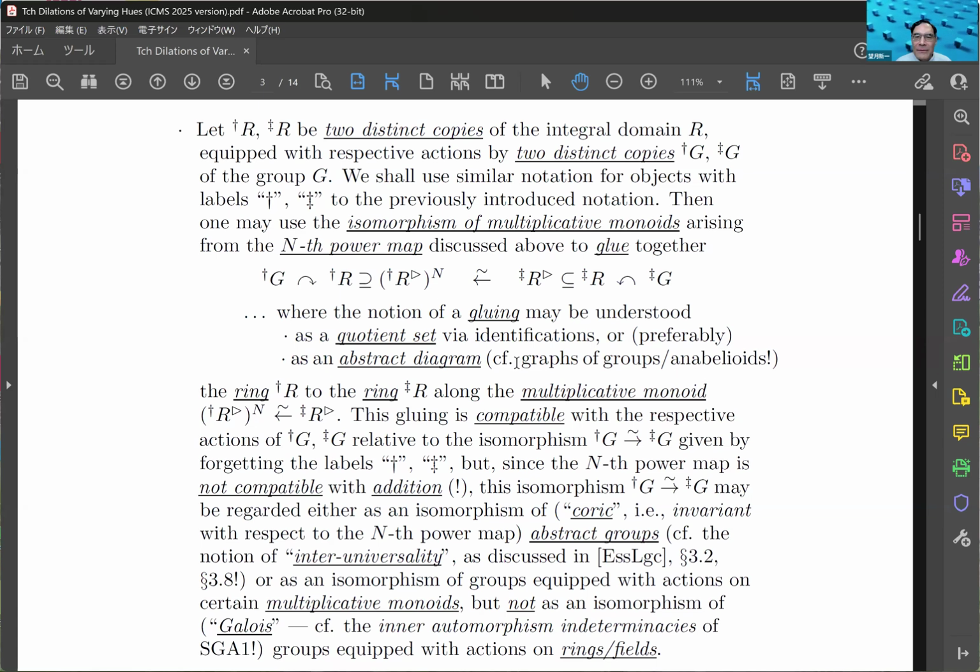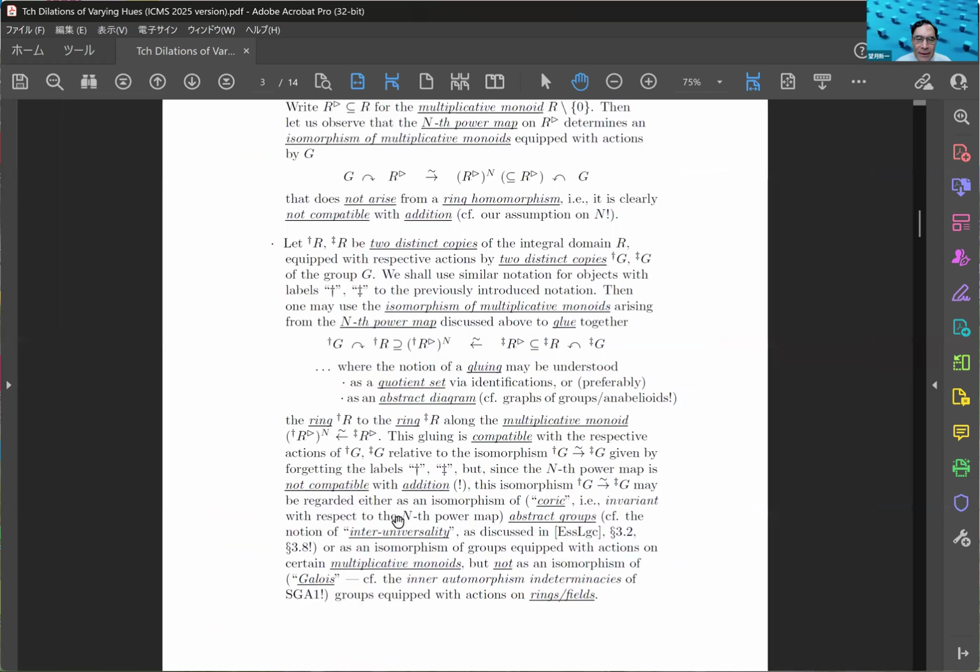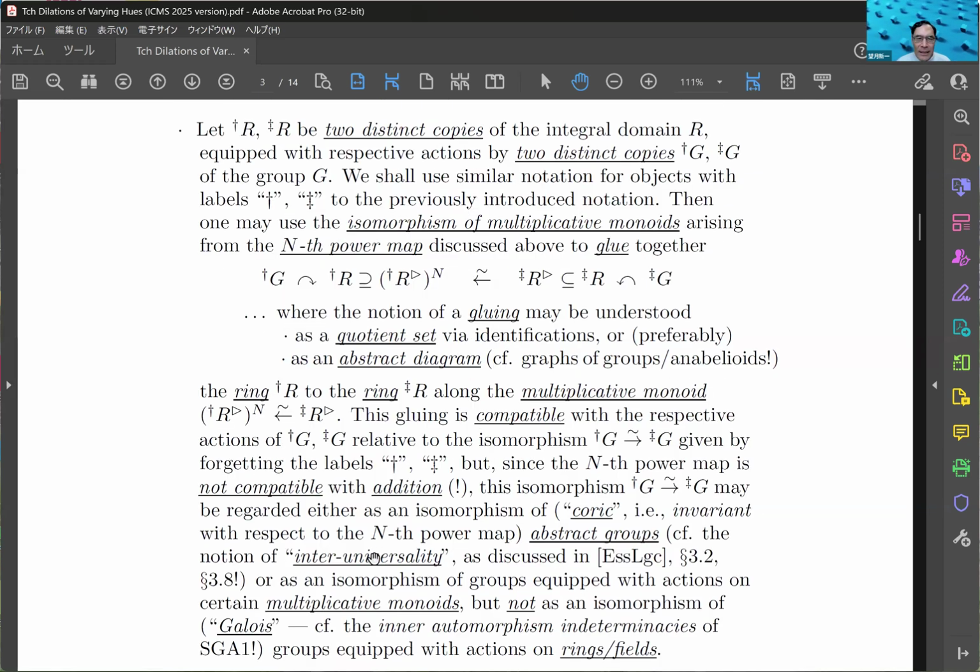So this is the point of view of graphs of groups, or even closer, graphs of anabelioids, essentially graphs of Galois categories. And so we can glue one copy of the ring R to the other copy of the ring R along this multiplicative monoid. This gluing is compatible with the respective actions of G relative to the isomorphism given by forgetting the labels. But this is an important and fundamental aspect of IUT,